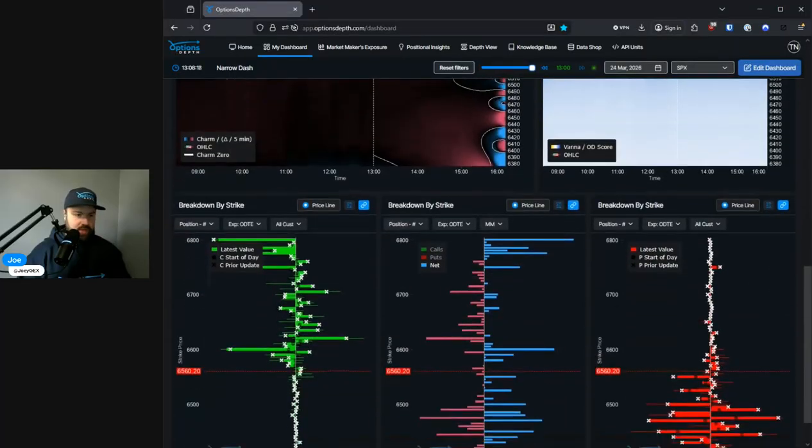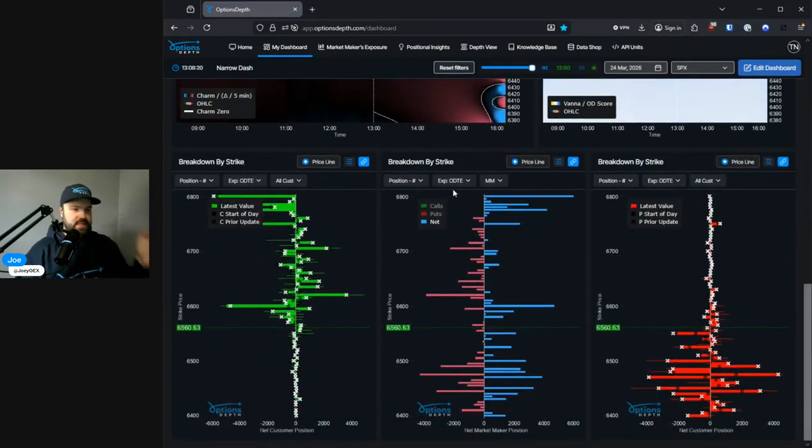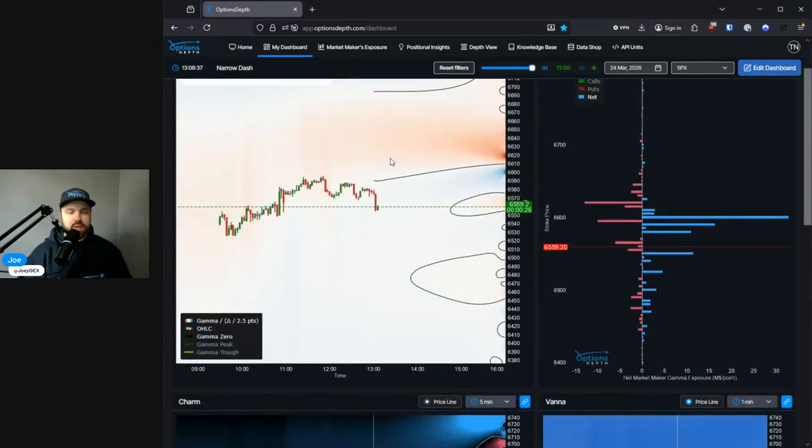So what I mean by that is if I were to go down here, this is how I have my breakdowns. Left side is customer positioning calls. Right side is put positioning from customers as well. The middle I have for market makers. And all we're seeing is this type of market maker positioning push out on to this map. That is what is called contributing to all of this. And then obviously from a zero DT perspective,